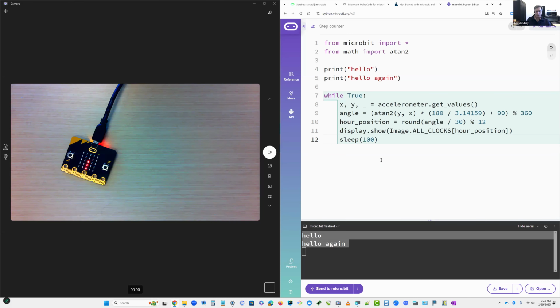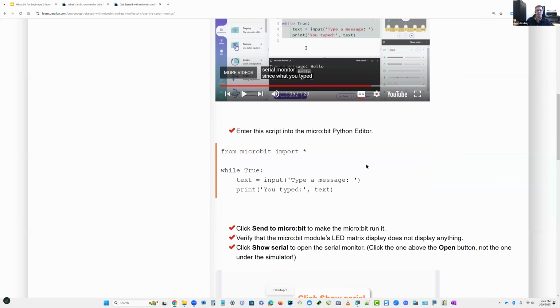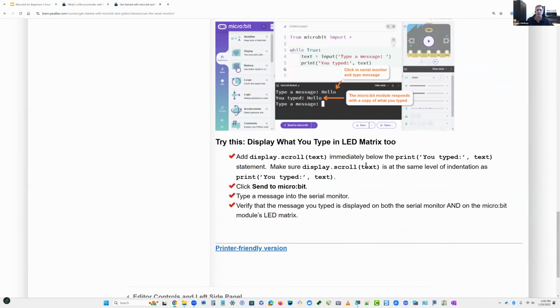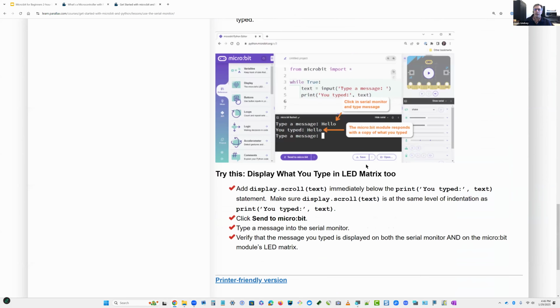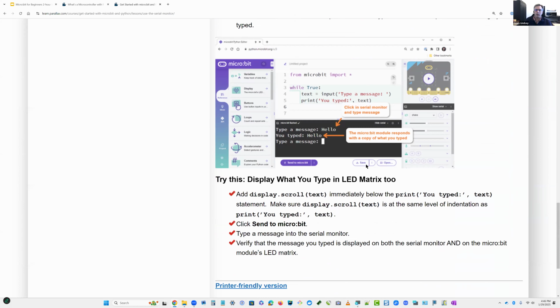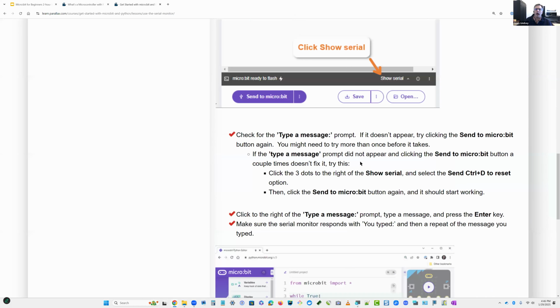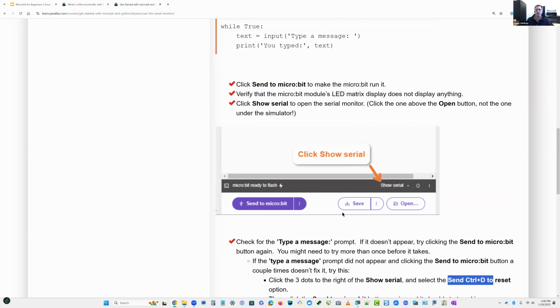And I believe that is mentioned actually in the intro video and the intro instructions. Let's see if it's down at the bottom here. Okay, no, it's not. All right. Here we go. Yeah, so it's suggesting send control D to reset and then resending. So that may also work. I've always used the